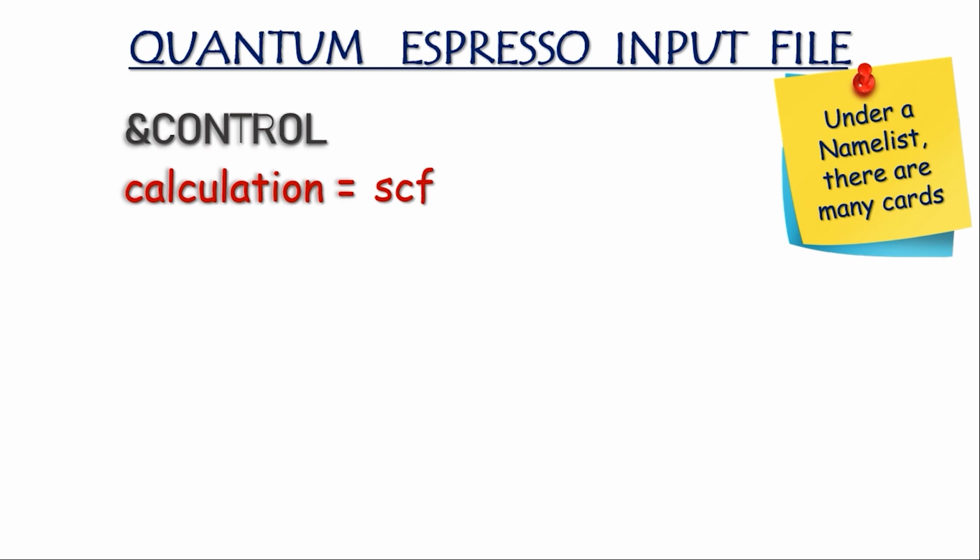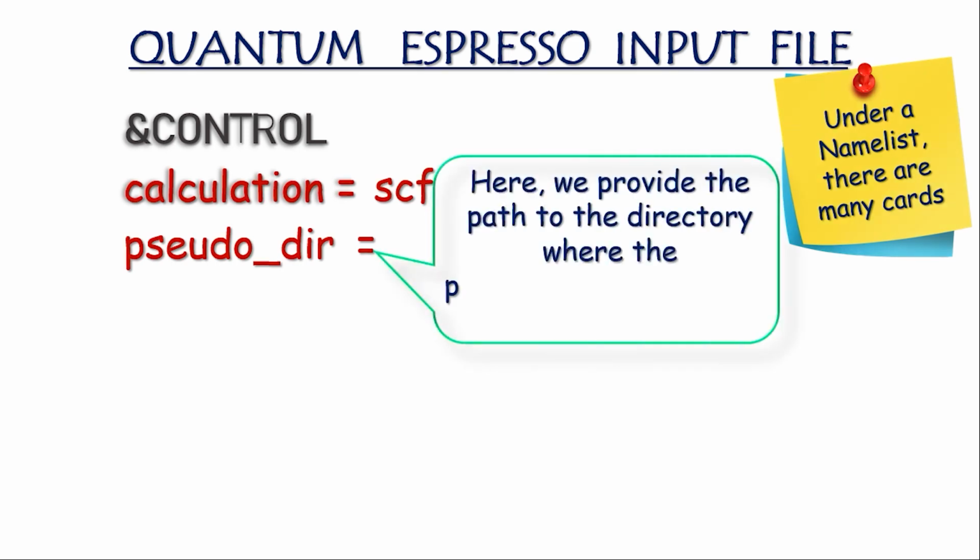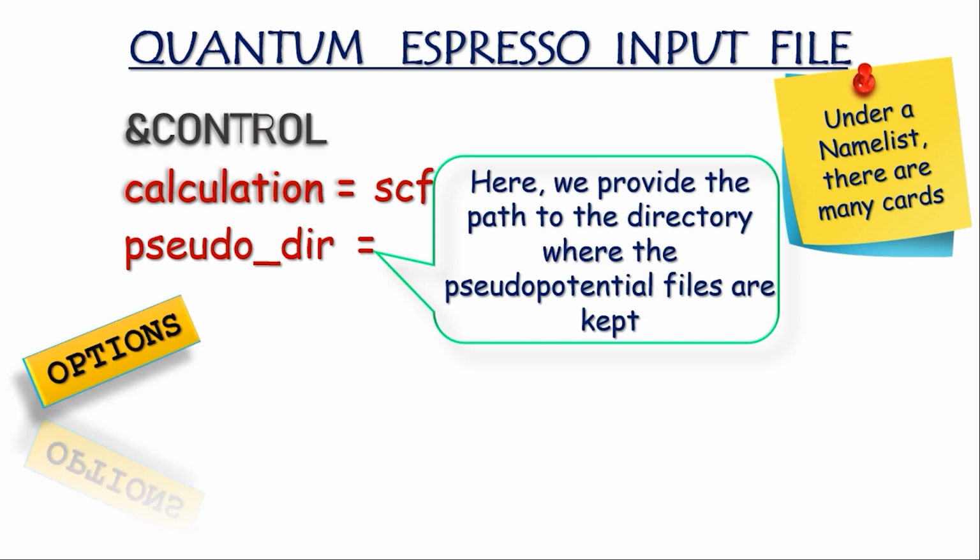Our next card is pseudo directory. We write the pseudopotential directory as pseudo_dir. Here we actually tell the code where the pseudopotential files are kept. Here you have only two options. One is the direct path to the directory of pseudopotentials. Then it will look like this: